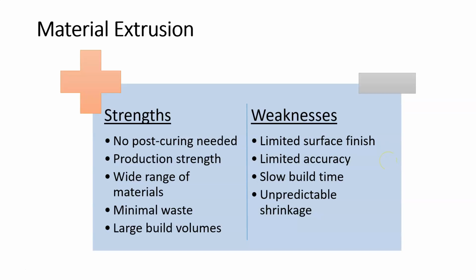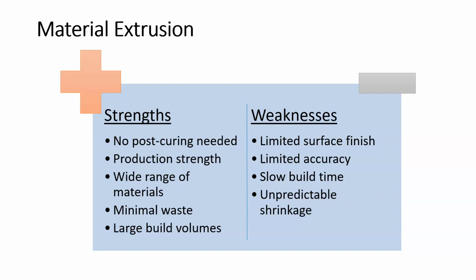All right, so let's talk about some of the strengths and weaknesses of the material extrusion process. Some of the strengths are that it needs no post-curing. After you're done with the print, once you remove it from the build platform, it's done. It is structurally sound and ready to be used, however you're going to be using it. So there's no post-curing like in the powder bed fusion processes, where oftentimes we have to sinter or do some kind of heat treating, or in the case of photopolymerization, where we might have to do some UV curing,